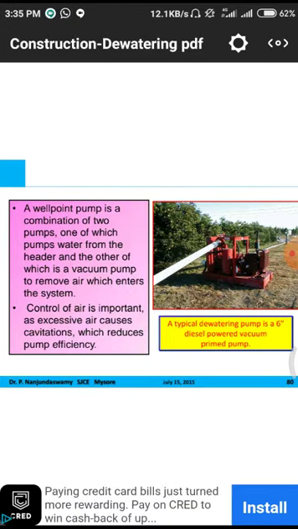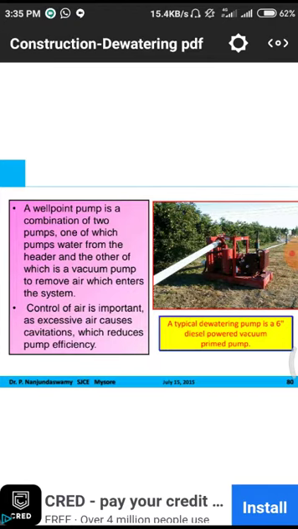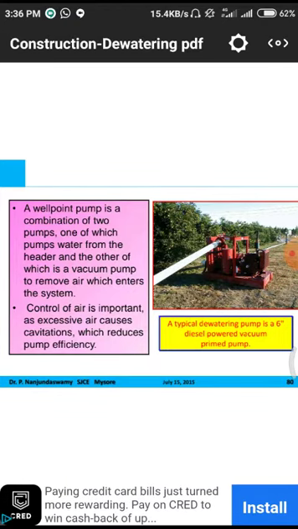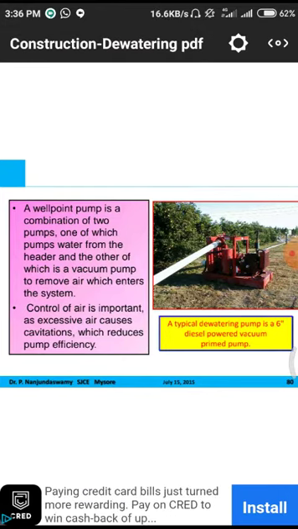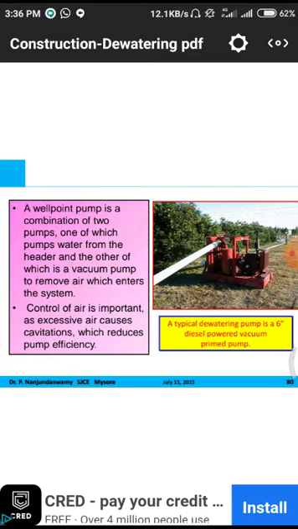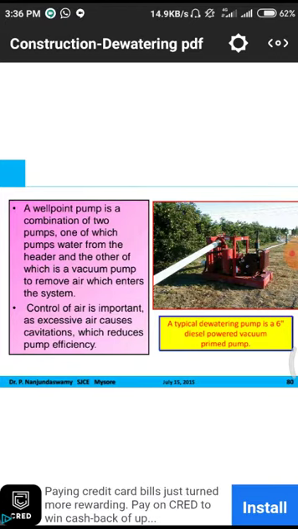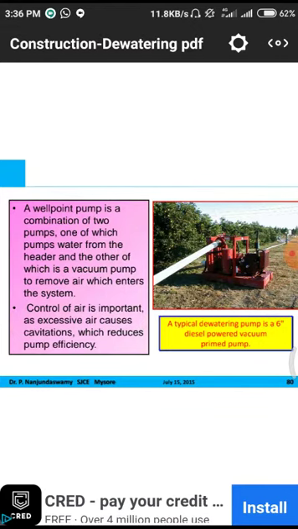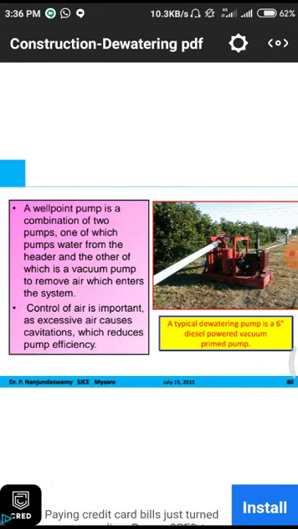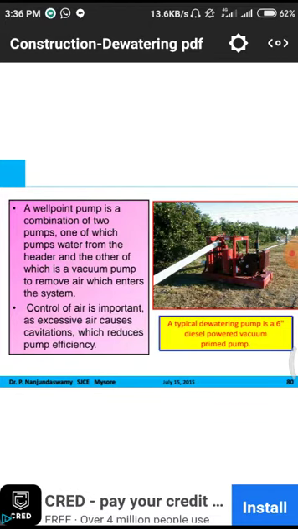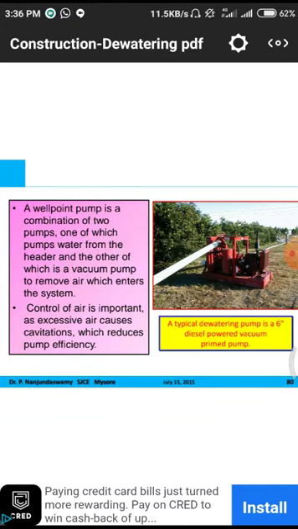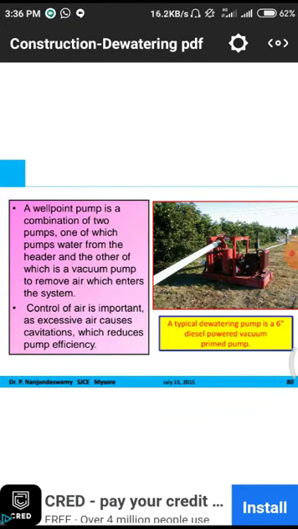One pipe is normally used for the dewatering purpose. Simply, it removes the total water present in the soil, and another pump creates a vacuum. Why? Because while we are removing the water, there may be some quantity of vacuum in the pipes, so that the vacuum is continuously improving. There may be bursting or other chances that occur, so to avoid those kinds of accidents, we have to employ these two pump phenomena. On both sides we are removing water and creating some quantity of vacuum. Both we are doing.